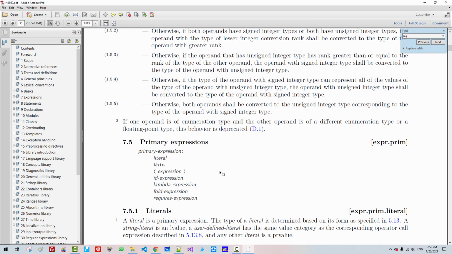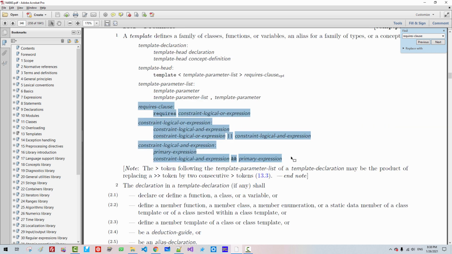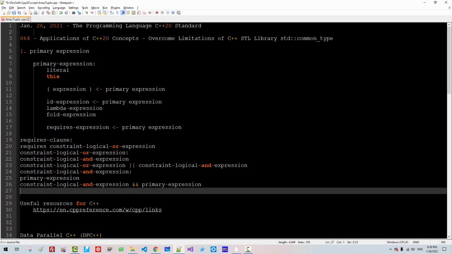Also, requires clause. A requires clause starts with the keyword requires, then follows a constraint-logical-or-expression. Copy this part up to here. Copy, paste it here.